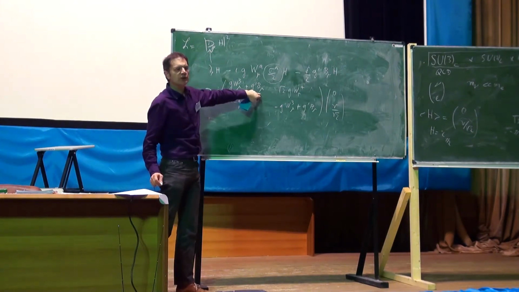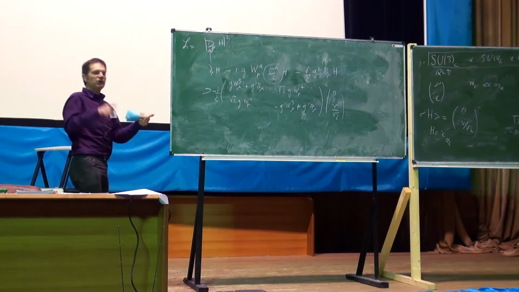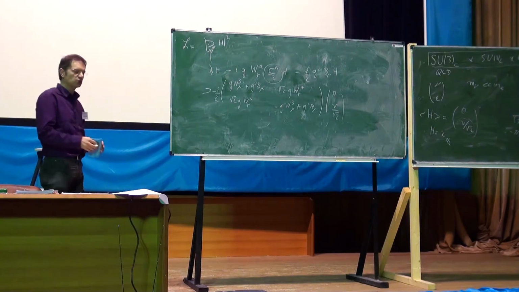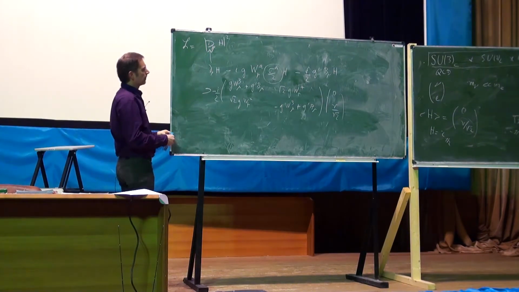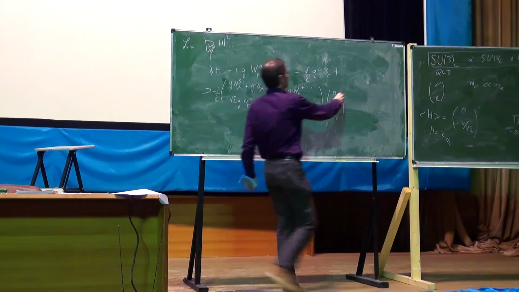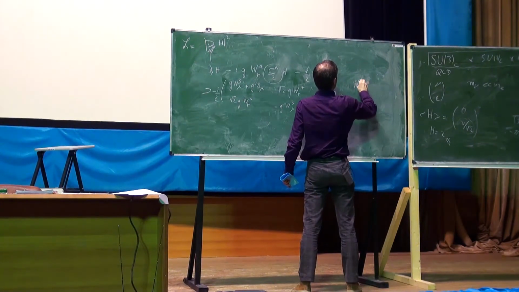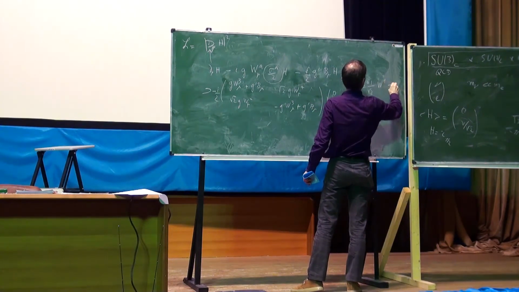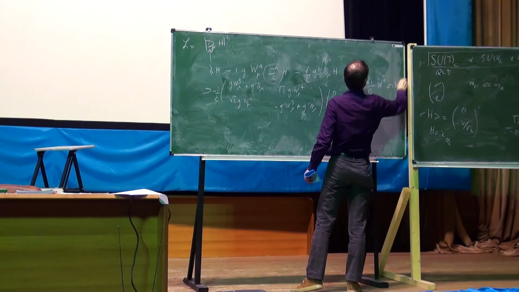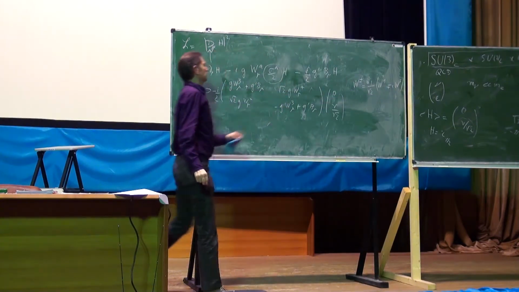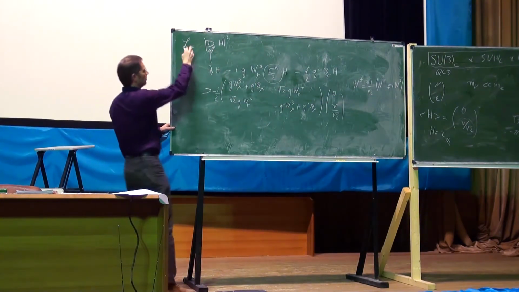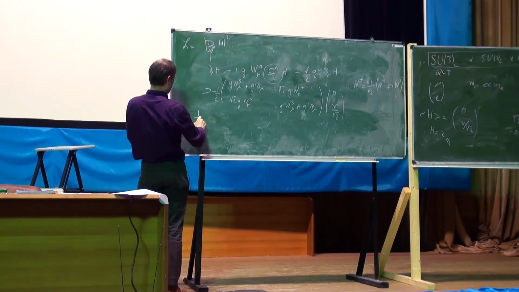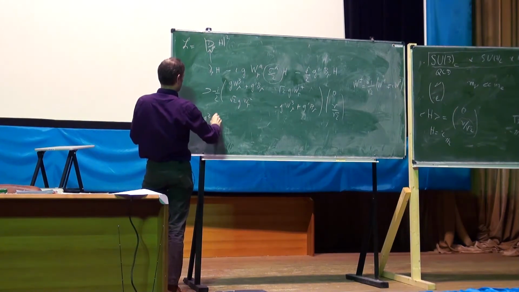And the piece which is quadratic in the gauge field simply corresponds to a mass term. The mass term is simply a piece which is quadratic in your field. Here W plus and W minus, W plus minus, is simply 1 over square root of 2 times W1 minus plus i W2. So you can write this mass term, and it will give you something which is 1/4 g squared v squared